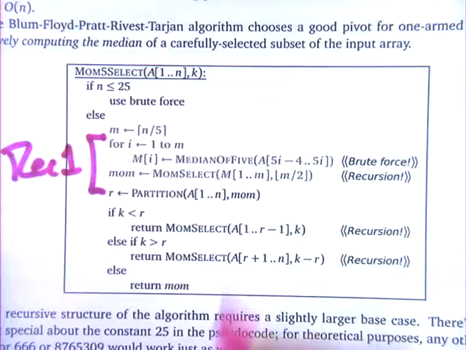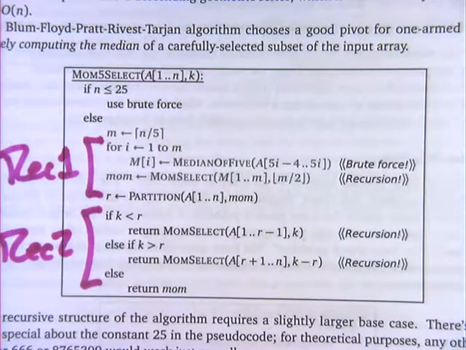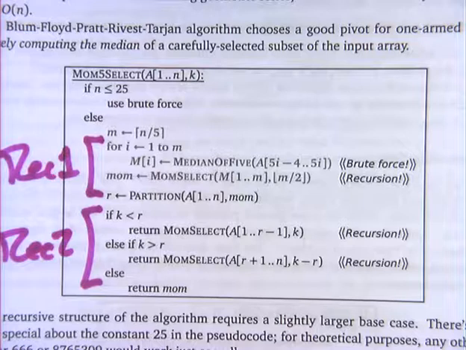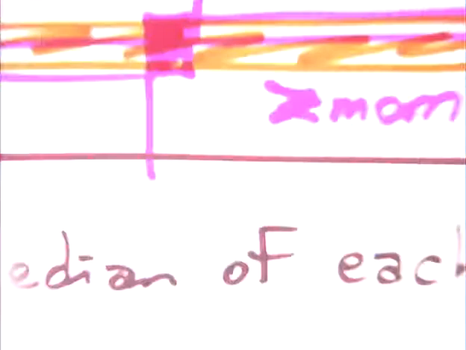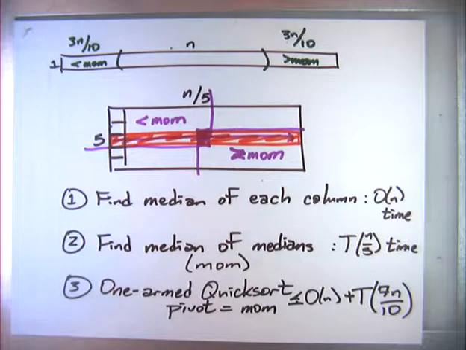All right, so this is recursion 1. This is recursion 2. But in order to pull out the analysis, I'm going to imagine that after the algorithm is done, after the smoke is cleared, I want to figure out how much time it took. Let me imagine just, by divine intervention, I'm going to move the data around to make it more convenient for me to figure out how long the algorithm took.